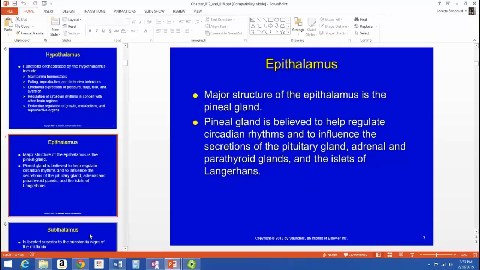The main part of it is the pineal gland, and it's believed to help regulate our circadian rhythms and influence the secretions of the pituitary gland, adrenal and parathyroid glands, and the islets of Langerhans, which are the cells in the pancreas that secrete insulin. So that's important for metabolism. So the epithalamus is where melatonin has its effect in sleep cycles and that sort of thing. So it works in conjunction with the hypothalamus to influence the secretions of all those different glands and control the